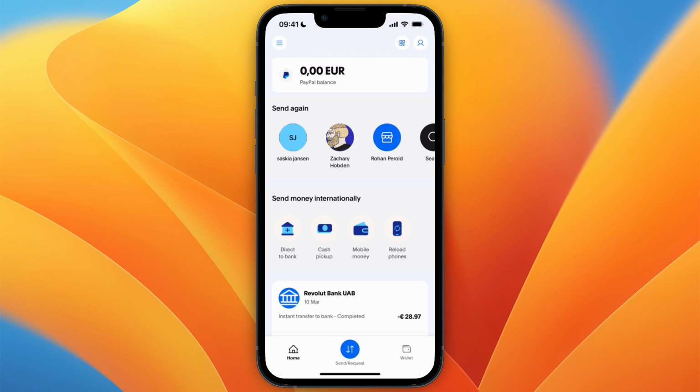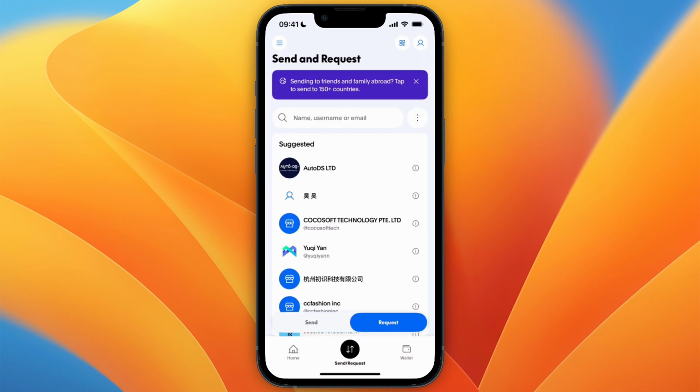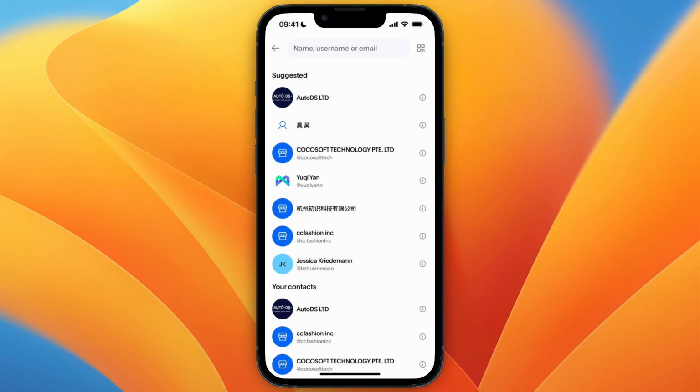In this video, I will show you how to send a payment request on PayPal. To do this, go and open up PayPal, and in the bottom, you want to click on the button that says Send and Request. From there, set it to Request, and then search for the person you want to request